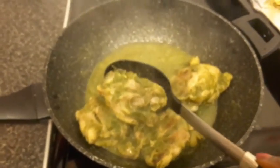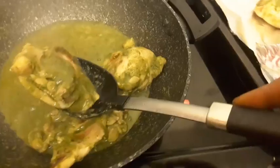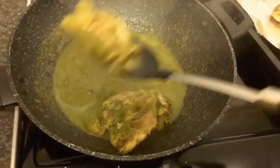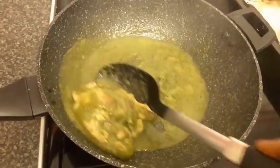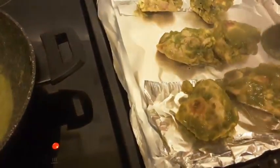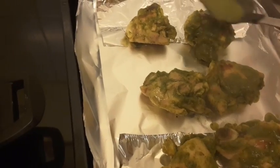Forgive me, like I said, I'm multitasking today. So I'm just gonna scoop out the chicken and put it in the oven tray. And in your oven tray, make sure you double it with the foil so it doesn't ruin your oven tray. Okay, so I'm just gonna put a bit of the juice on each of the chicken,